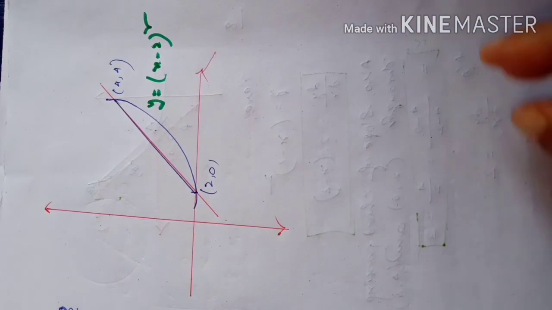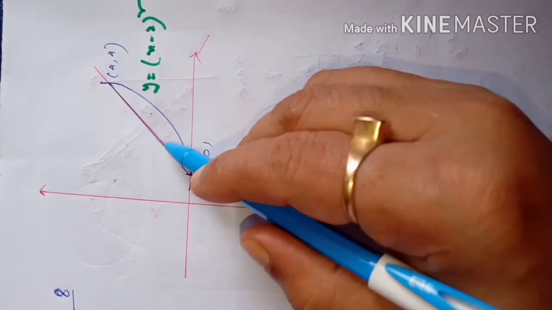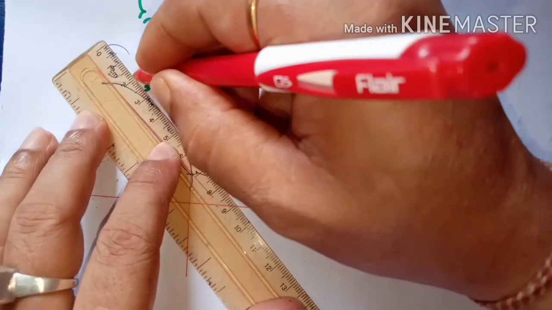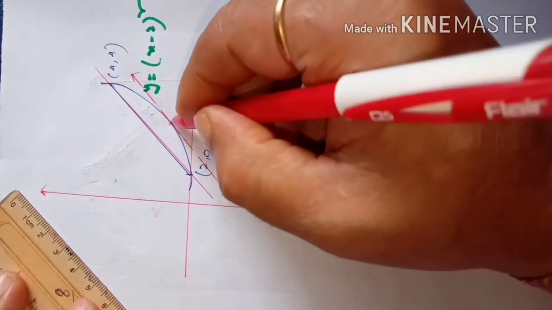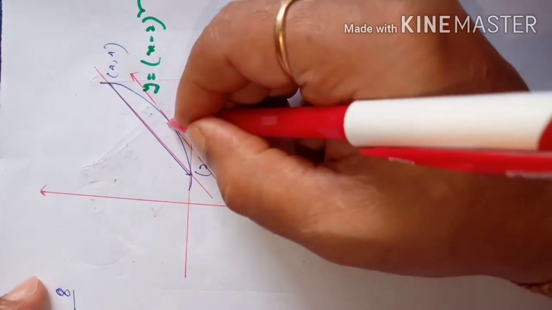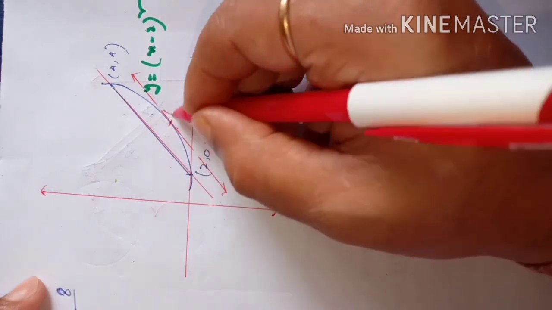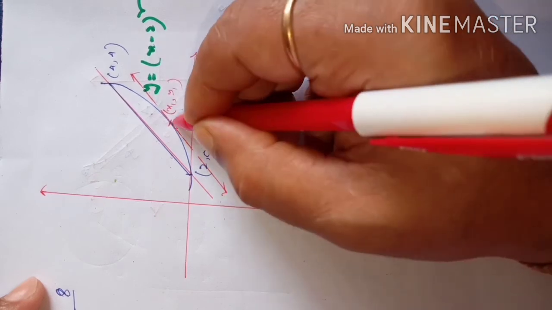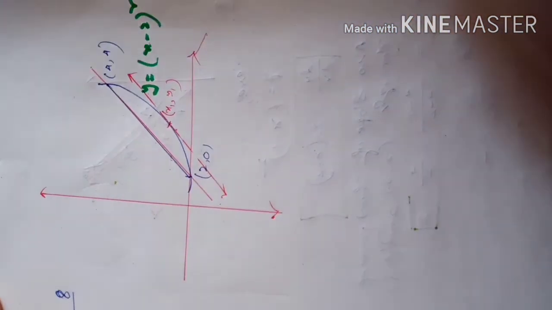Now you see, dear students, if there is a tangent which is parallel to this chord, suppose I draw the tangent here, then the slope of this tangent and the slope of this chord will be the same, because it is parallel to this one. We have to find that point, say x1, y1, at which the tangent is parallel to the given chord. So their slopes are equal.